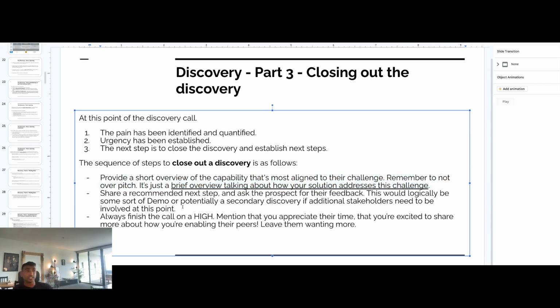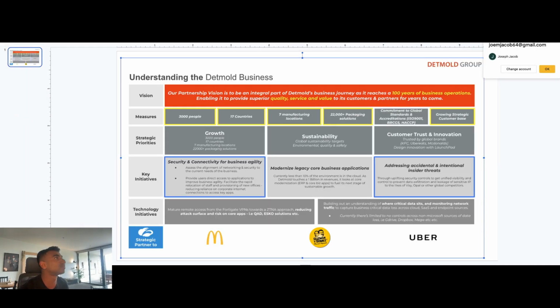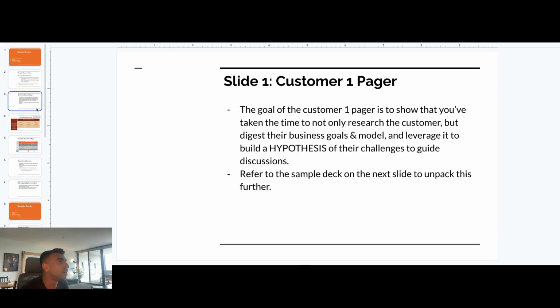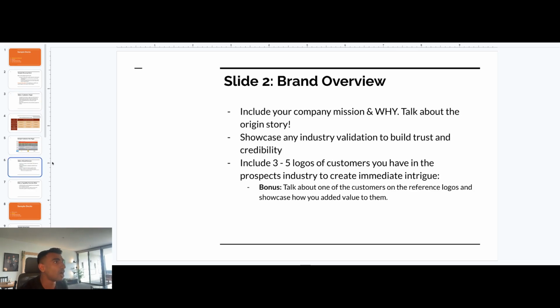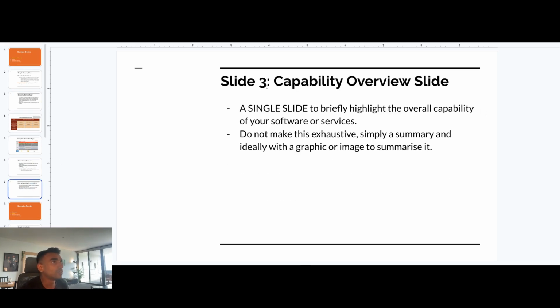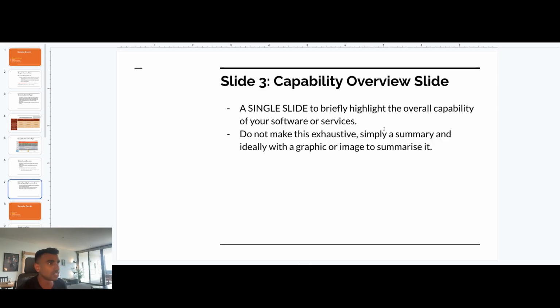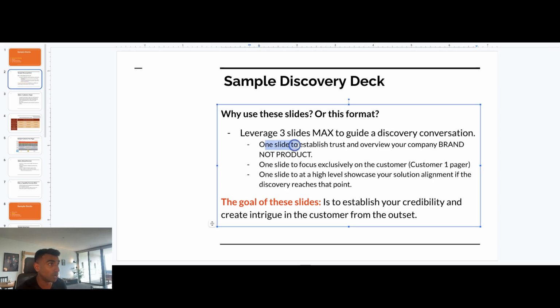So what I would usually do here is I would have some sort of, let me just pull this up, I would usually have a slide, so this is a set of sample decks that I would use, right? So this is an example of a discovery deck. So I have 3 slides in the discovery deck. So I have one slide to establish trust and overview of your brand. The second slide is the customer value proposition, VP, and then one slide that is the solution slide, kind of